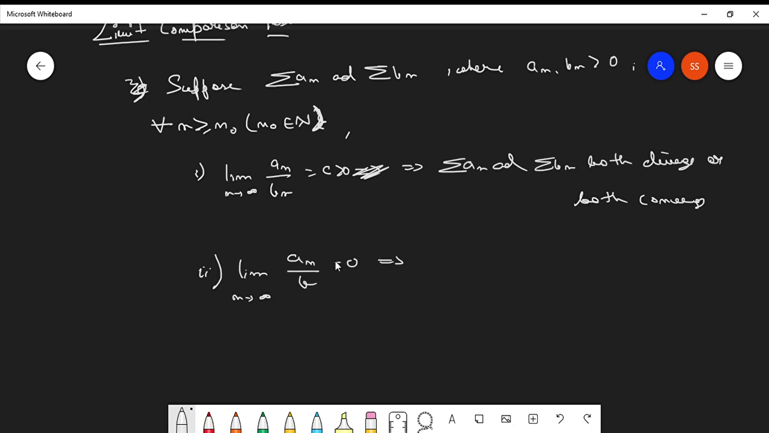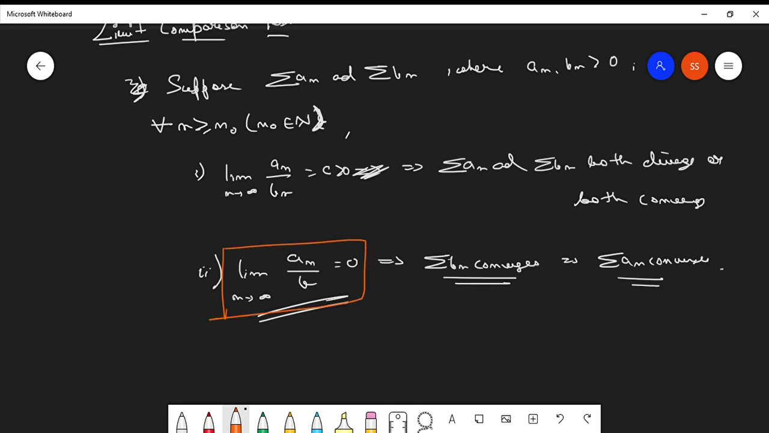This implies that if bn converges, then an converges. What do we mean by this statement? If the limit of an over bn when n tends to infinity is 0, then if bn converges, an converges. Got it? And the third statement says that if limit n tends to infinity an over bn equals infinity,